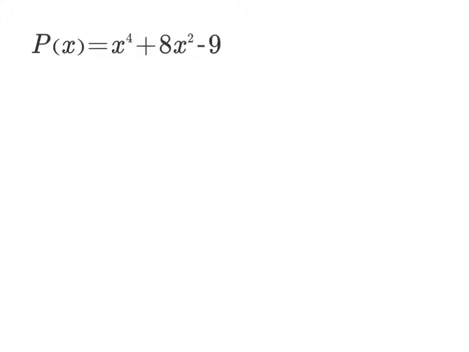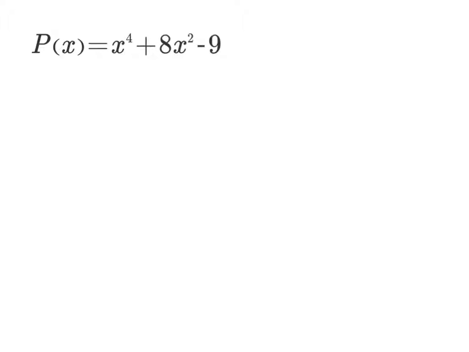A polynomial p is given. Factor p into linear and irreducible quadratic factors with real coefficients. And then b, factor p completely into linear factors with complex coefficients. Now, I can do this with a u substitution, but since I did u substitution on my last video, I'm